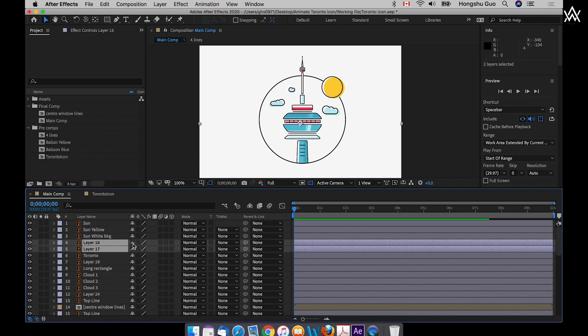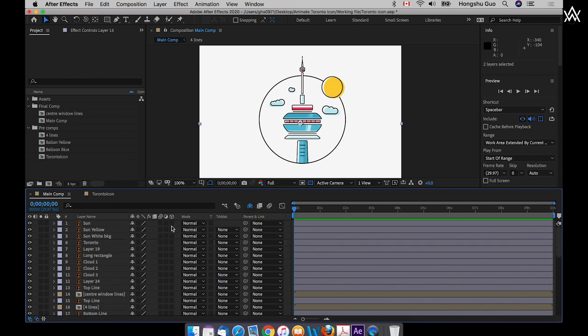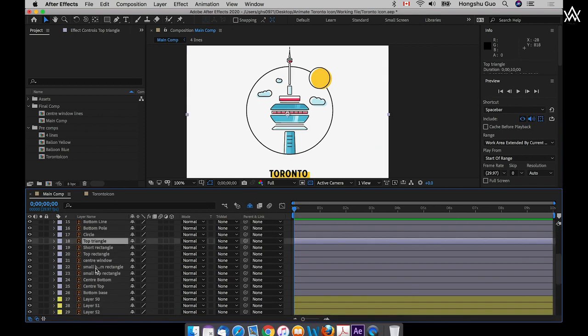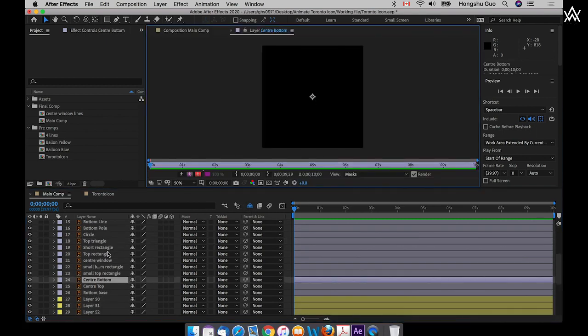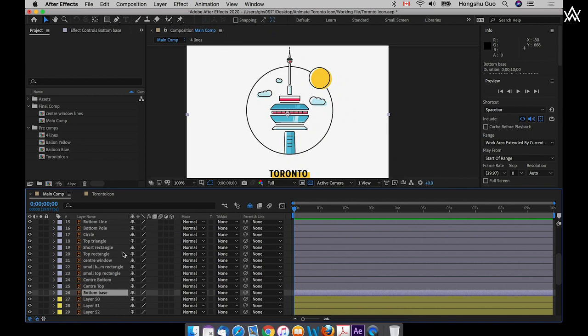Once you click the shy icon and then go up here, you can click this hide all layers button, which has a shy icon switched on. So once I click this, you can look here, these two layers are going to disappear, but they're not deleted. We just hide them from this entire panel. So once we are ready to animate them, we can just turn off the switch and they're back on. So basically, we just need to rename all the layers